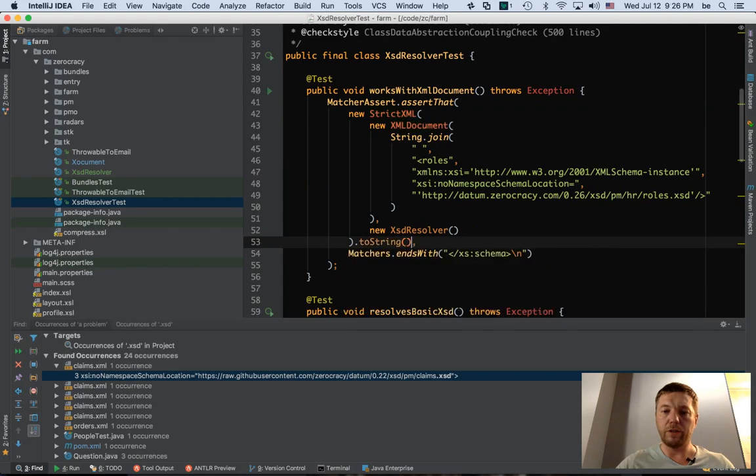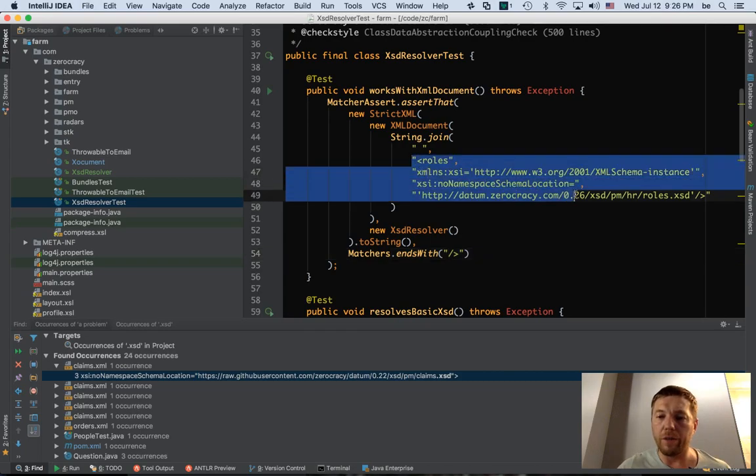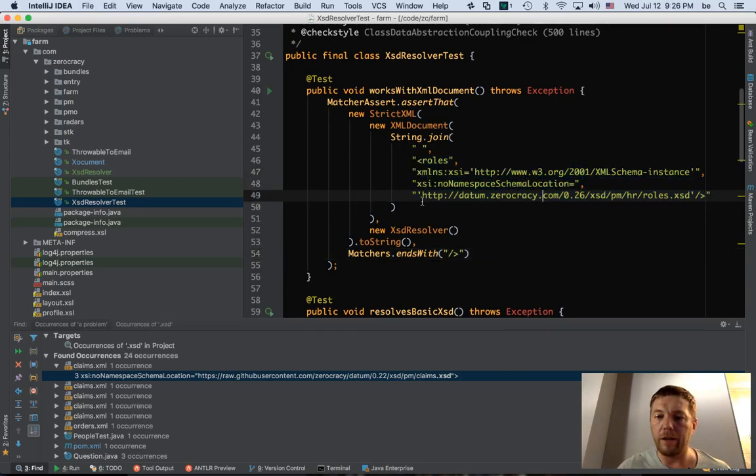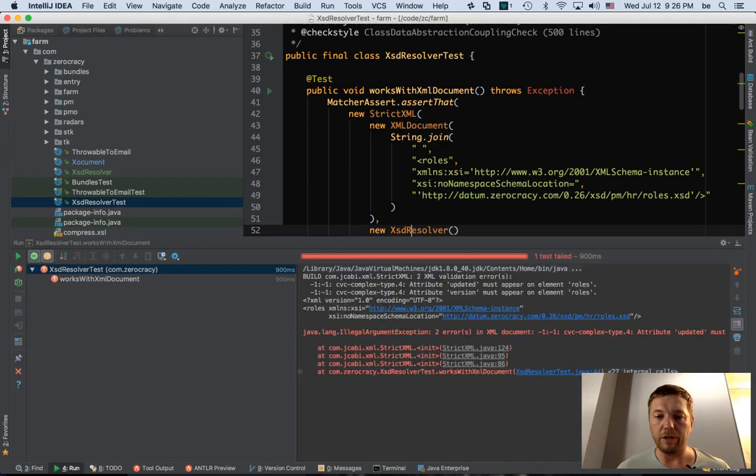Dot toString ends with, maybe like that. So it should work. It should load this document now and validate it through the resolver and crash. If it doesn't crash, I would be very surprised.